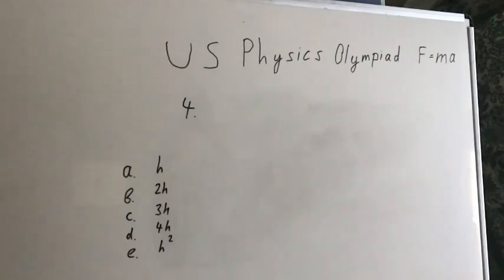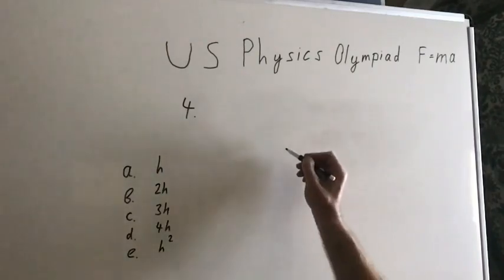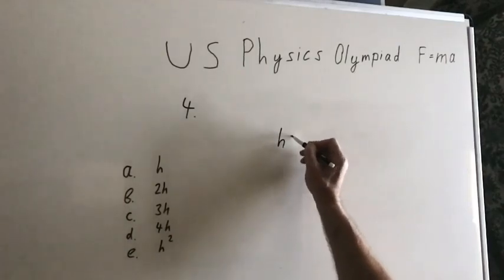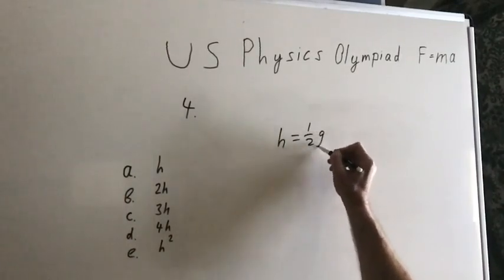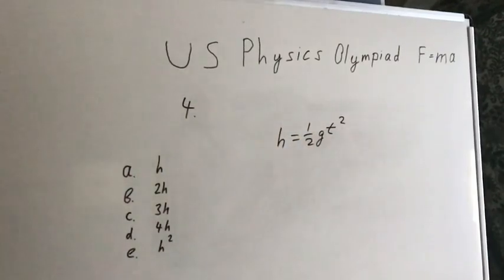We know that an object moving with constant acceleration moves like a parabola, but when it's moving from rest, the formula is h equals 1/2 g t squared, which is quadratic in time. So if we need to calculate what distance it travels during